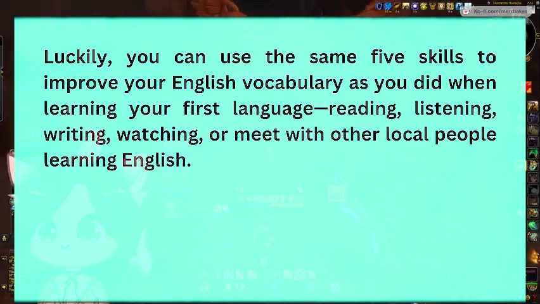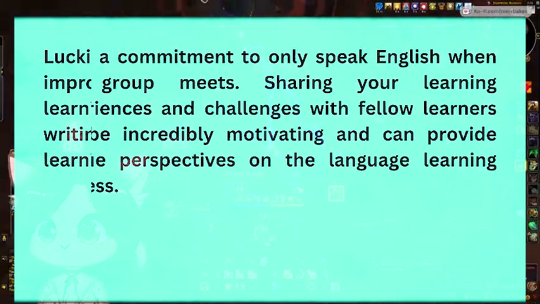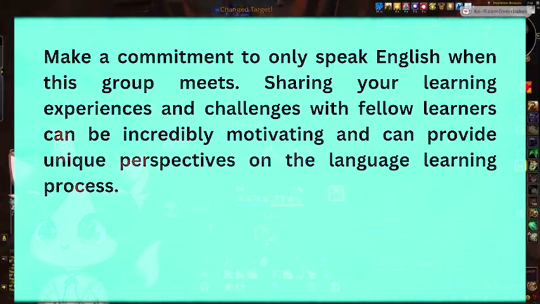Luckily, you can use the same 5 skills to improve your English vocabulary as you did when learning your first language: reading, listening, writing, watching, or meet with other local people learning English. Make a commitment to only speak English when this group meets. Sharing your learning experiences and challenges with fellow learners can be incredibly motivating and can provide unique perspectives on the